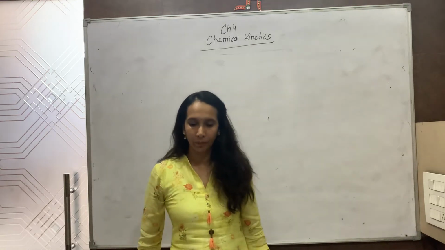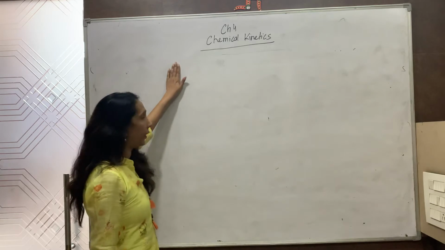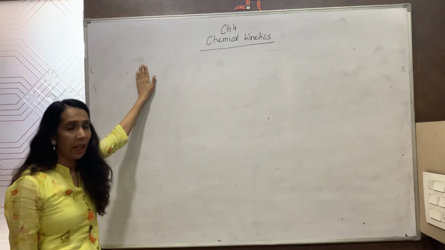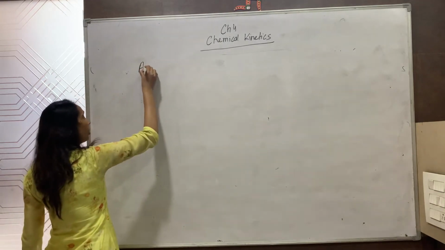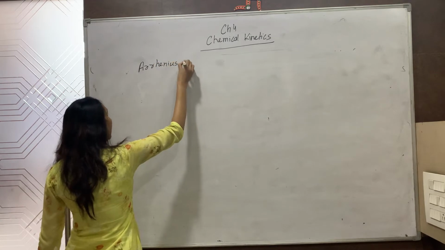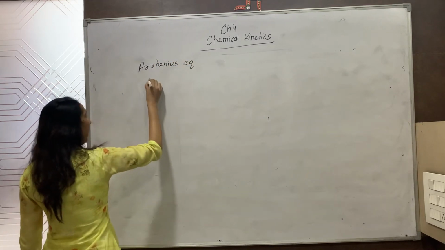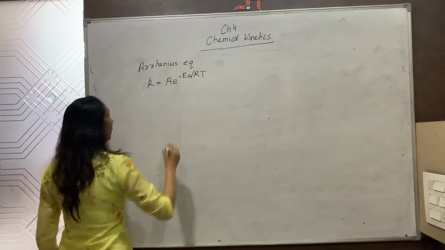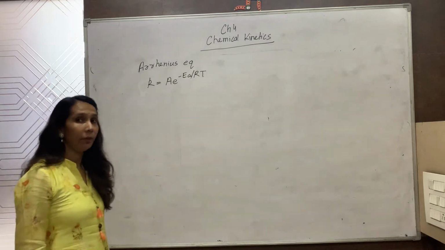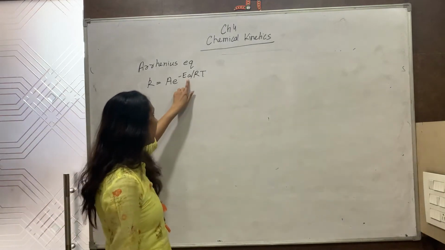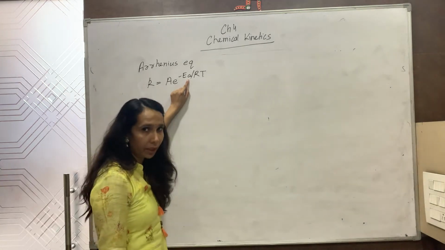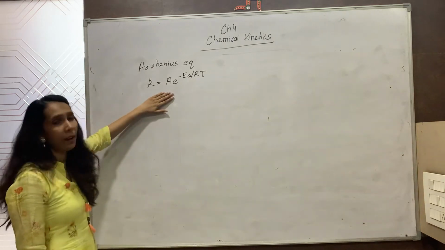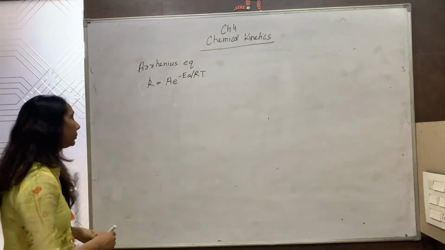Good morning, students. Last class of chemical kinetics, we have done the dependence of the rate of reaction on temperature. And we had done it with the Arrhenius equation. According to the Arrhenius equation, k is equal to A e to the power minus Ea by RT. This is the Arrhenius equation. And we have done in detail in the last class what the activation energy Ea is and the graphs related to the activation energy. Now let us simplify the Arrhenius equation in this class.